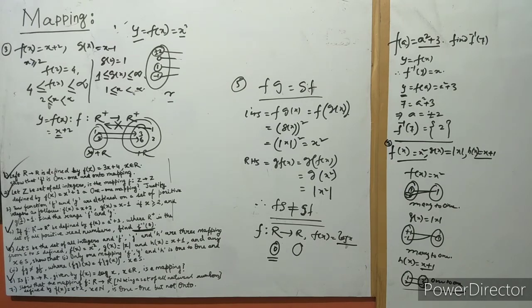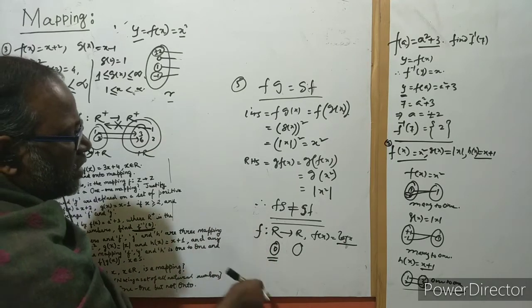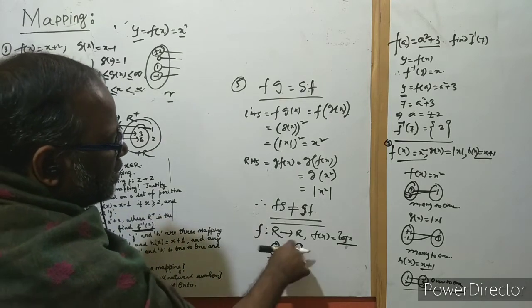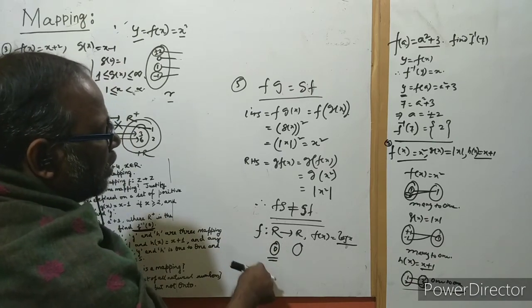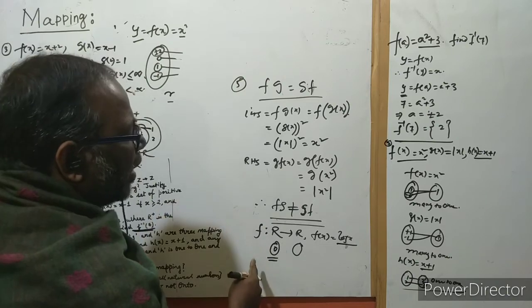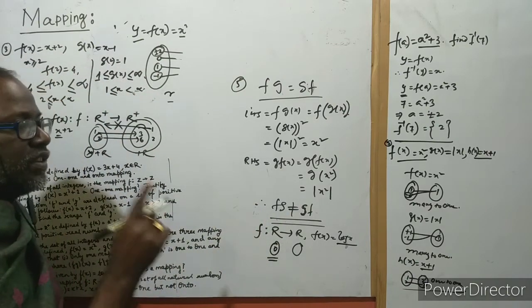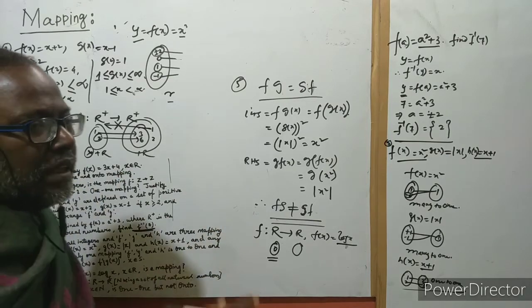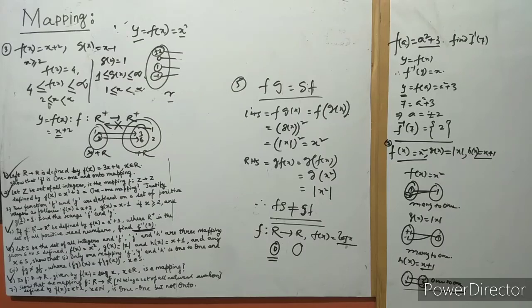So see carefully, all the values of a domain, this is called the domain, the set S. In my definition, this is S and this is called T. So all the values of the domain always satisfy the given function. Then we can say f of x is equal to some function, which is a function. Okay. So now question number 7.